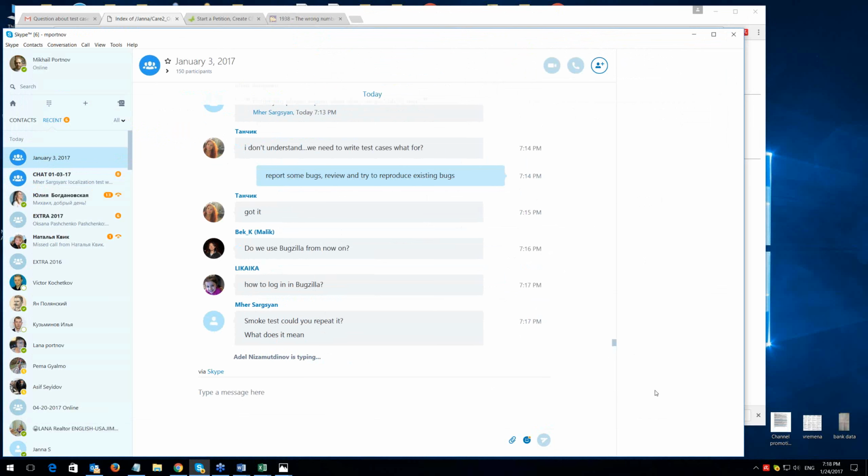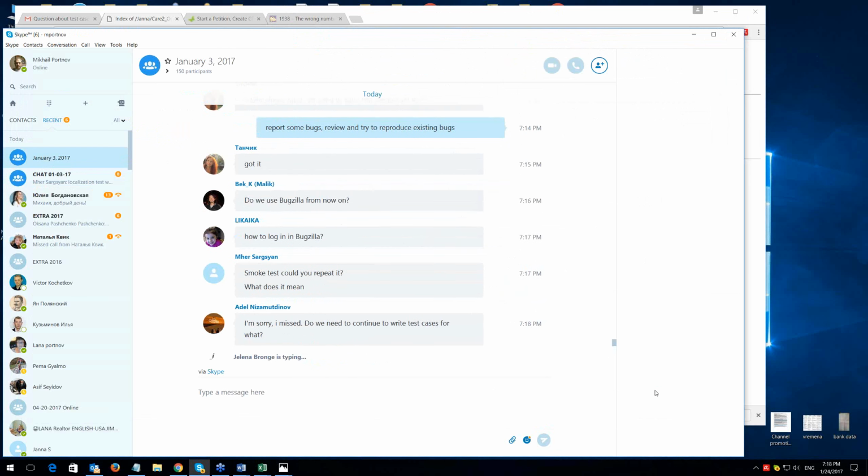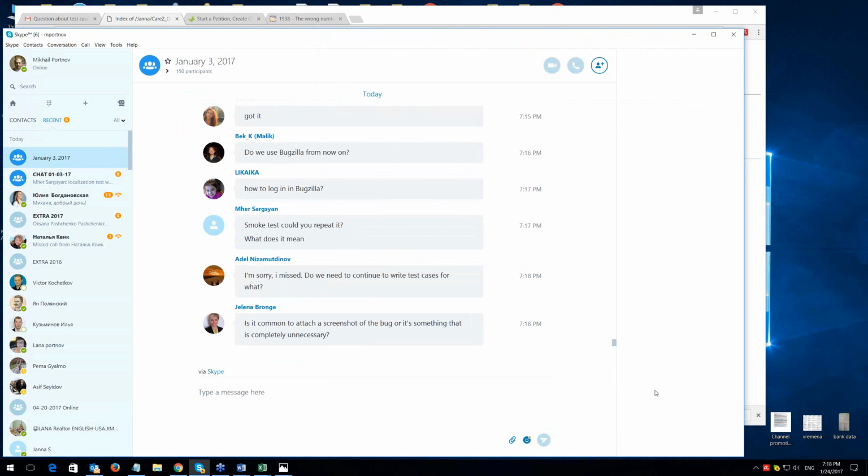You receive the build, and you simply verify if main features, main functionality is working. Let's say you get the new build with care2 application. Can you open the page? Can you log in? Can you do the main activities? It means build acceptance or smoke test.